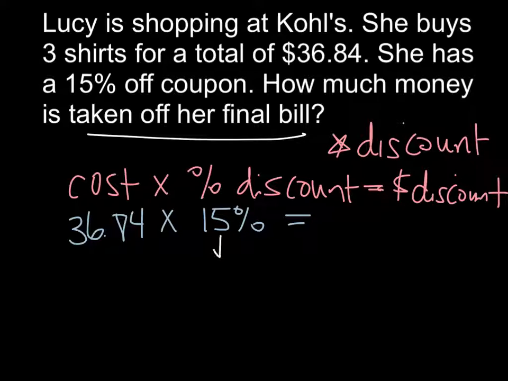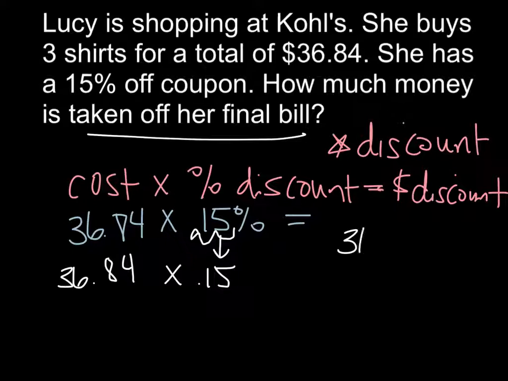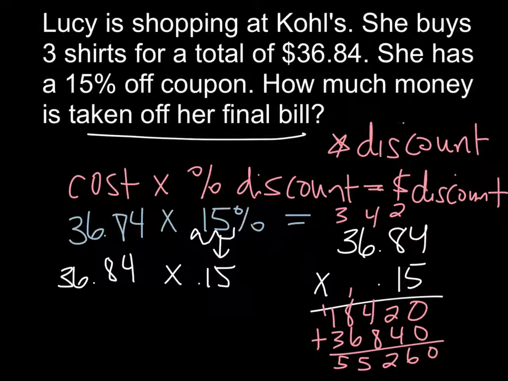Remember that we have to change our percents into a decimal. So we move the decimal point 2 spaces to the left. So 15% becomes 0.15. And now we're multiplying that times $36.84. I'm going to go ahead and set up my multiplication problem. $36.84 times 0.15. And I'm going to go ahead and multiply my problem. So you'll see that I got